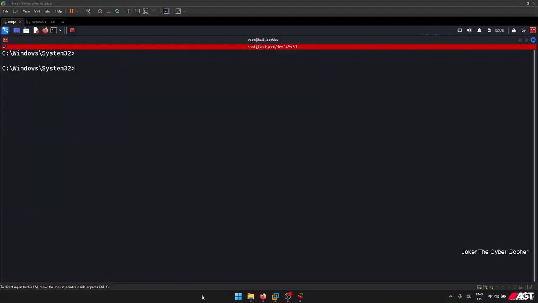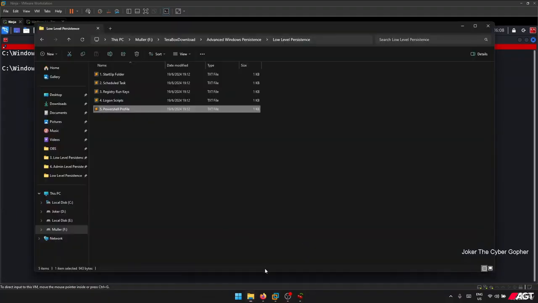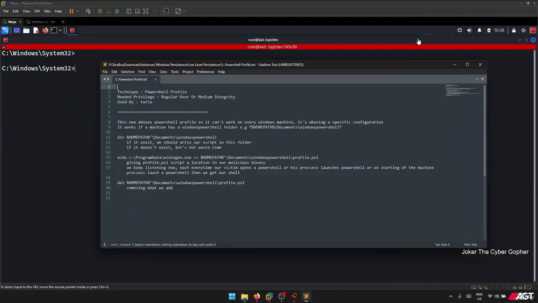We are doing just fine. Let's keep on moving. Now we are on PowerShell Profile. Let's go ahead and open it up. As you can see, the technique PowerShell Profile needs privileges of a regular user, or medium integrity, and